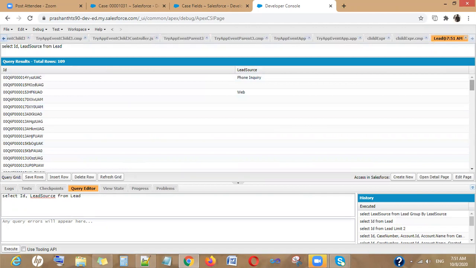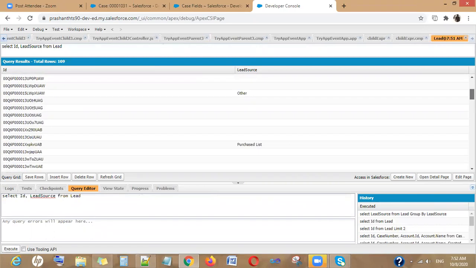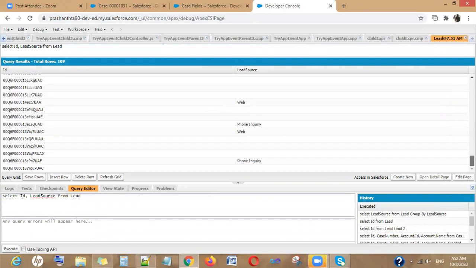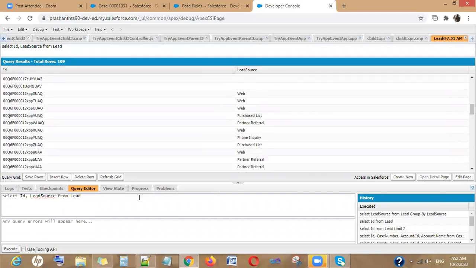So right now my result is coming in the default format of the order by, but there is no grouping at all. Here I have my phone inquiry, then web, lead source. So if I use the group by here,